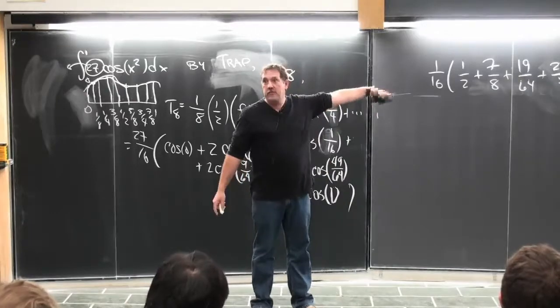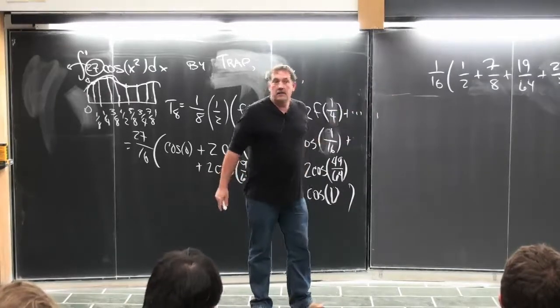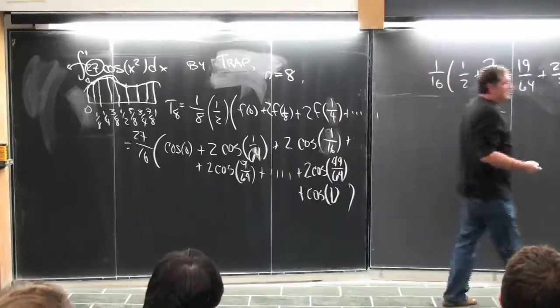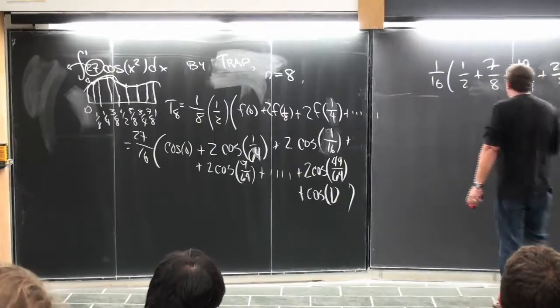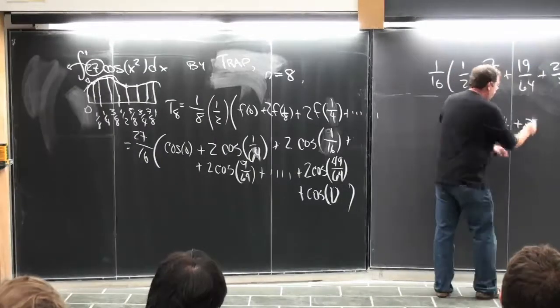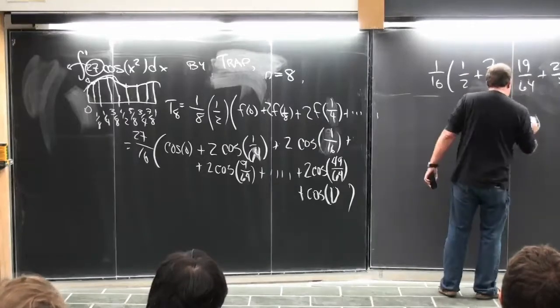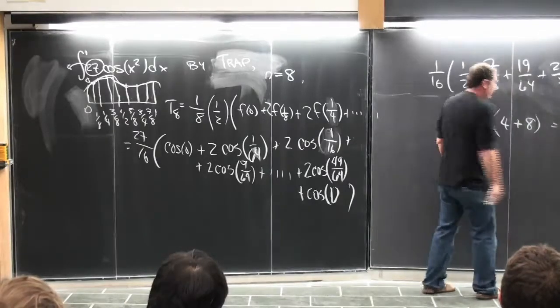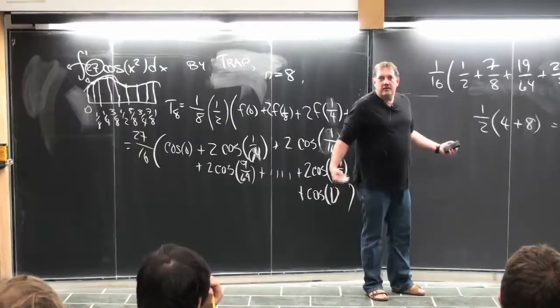You don't need to add those things together. Unless it's something stupid like 1/2 of 4 plus 3. Well, how about 4 plus 8? I would like you to write that as 6. But,